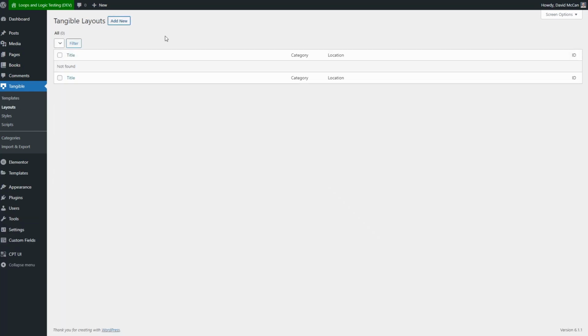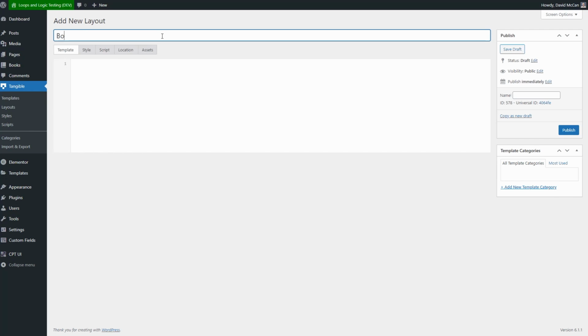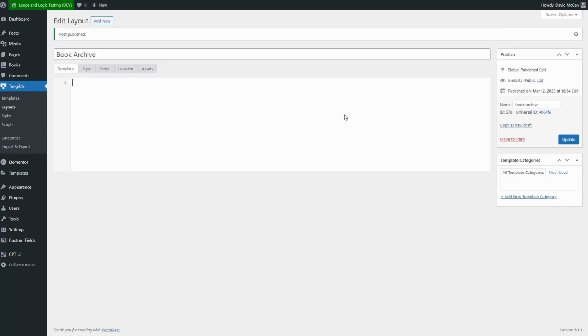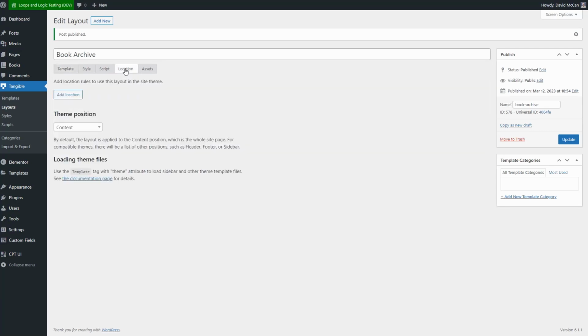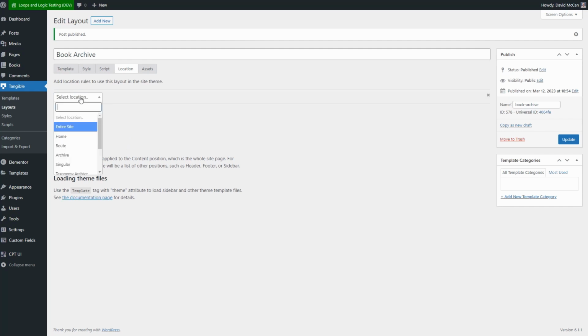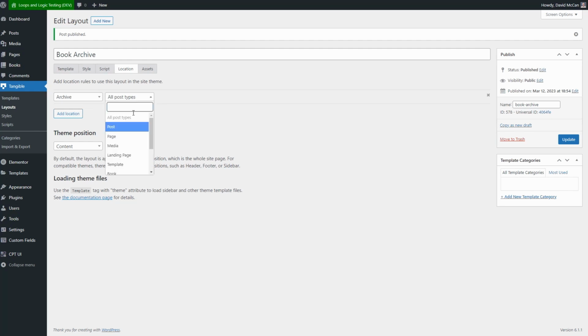Okay, and add new. I'm going to call this one Book Archive. And let's go location. I want it to be content. And I want to check archive and book. Now we're here. We have this template here. We could copy all the code from the template panel and the style panel from our template right in here,